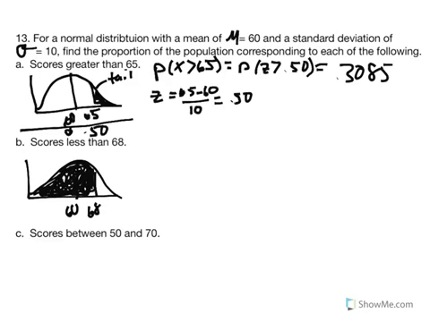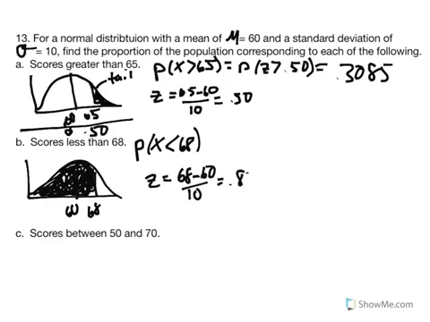greater than 0.5. So the probability of an x value less than 68, we're going to convert our x value into a z-score. So the score of 68 minus 60 divided by our standard deviation. So 68 minus the mean of 60 divided by a standard deviation of 10, and we get a z-score of 0.80. So this is the same as finding the probability of obtaining a z-score that's less than a positive 0.80